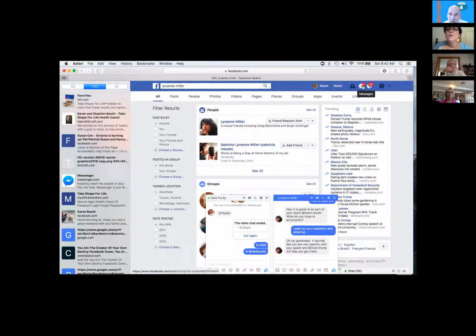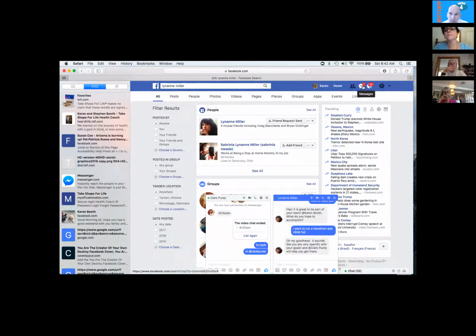Craig, on that note of going to Messenger, if I go directly to messenger.com, not via Facebook, I don't see that bar where you have the plus sign. It doesn't appear. There's only the phone and the video. Yeah, well, let's get to that in a minute.